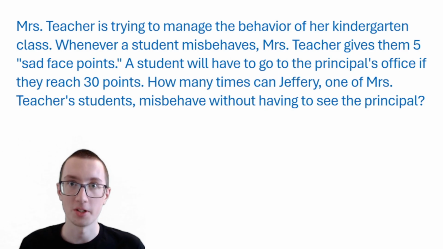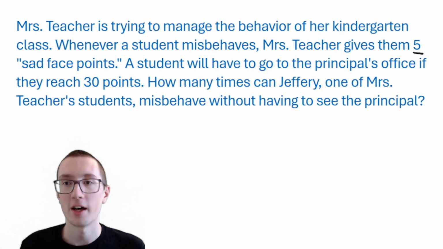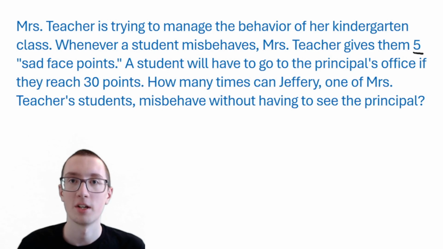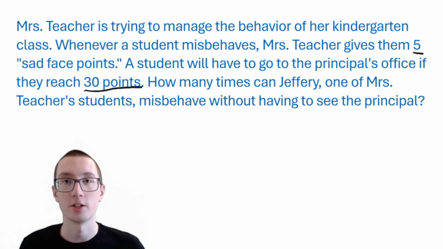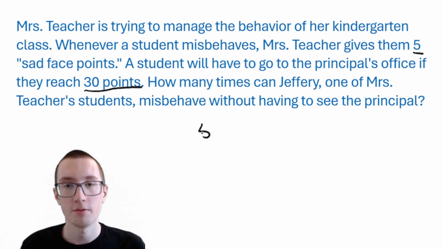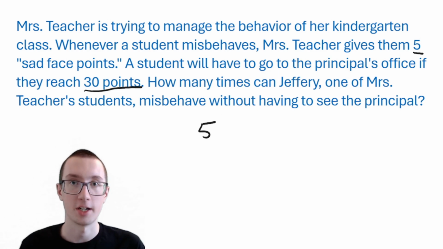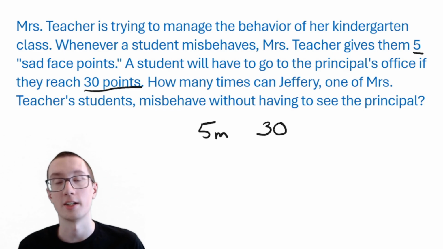Well, let's write an inequality to represent this situation. The numbers I'm seeing here is 5 points for each time the student misbehaves. And we also have the number 30 here, which represents the total amount of points that a student doesn't want to reach. So on the left side, we'll put 5 times the amount of times that a student misbehaves. We'll go ahead and put M for misbehaviors. And then we're going to put 30 because that's the total amount of points that a student